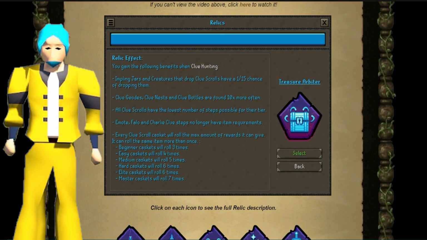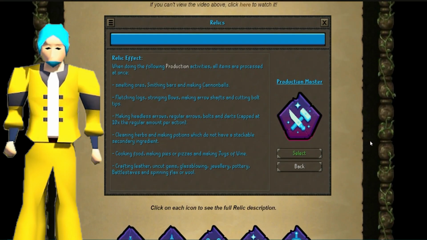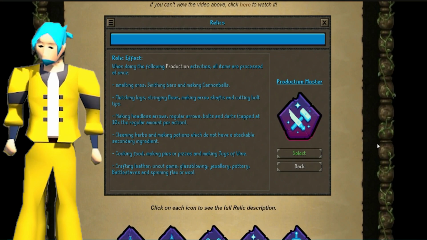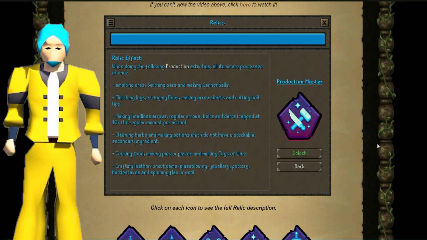I cannot wait to see how much third age we're gonna get this season. Another returning relic is Production Master. When doing the following production activities, all items are processed at once: smelting ores, smithing bars, and making cannonballs, fletching